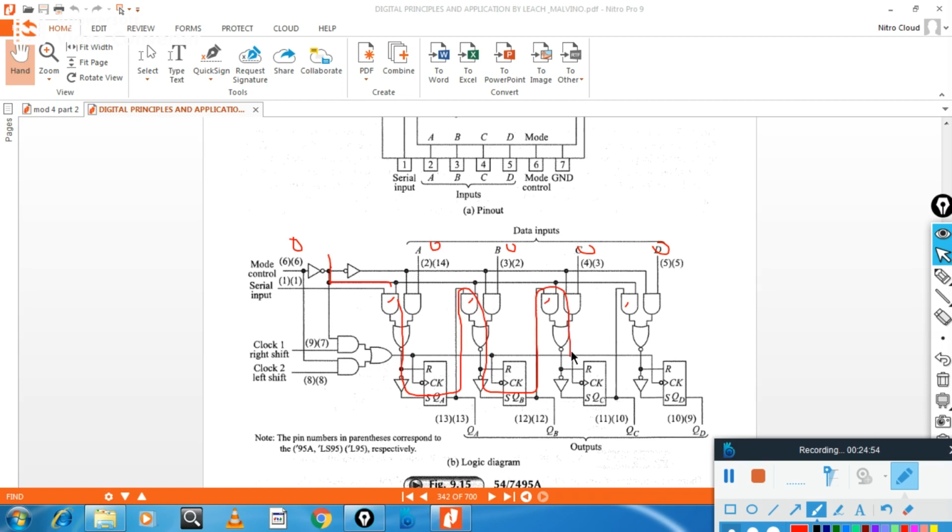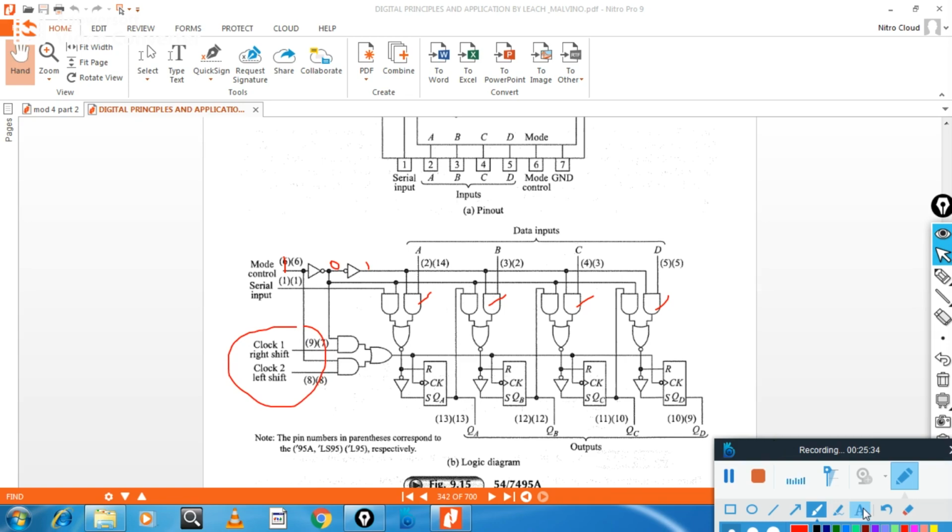That is the one. When this is 1, let me erase this one. When this is 1, now this becomes 0, this becomes 1. That means this IC, this IC, this IC, this IC are used for loading. Whatever data is here is loaded into the flip-flops. Here it is shifted. It works exactly like a PISO, but it has additional advantages, left shift and right shift. Based on this clock, right shift and left shift can be achieved.